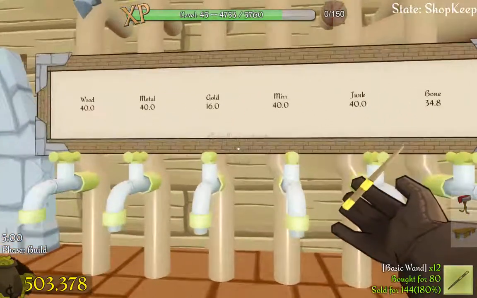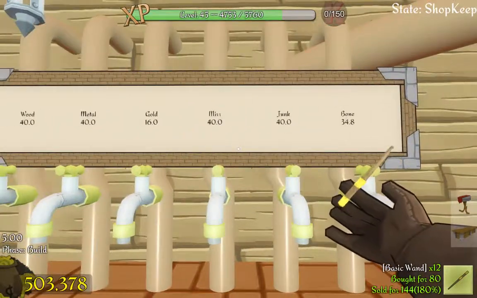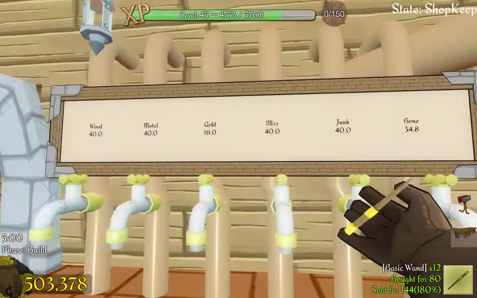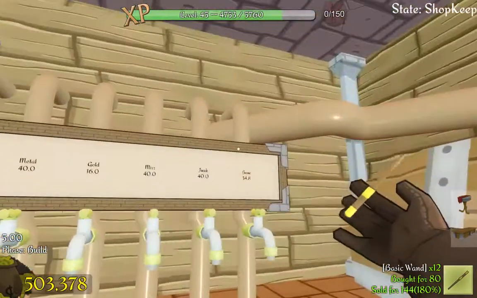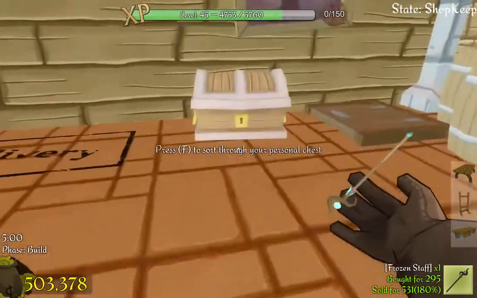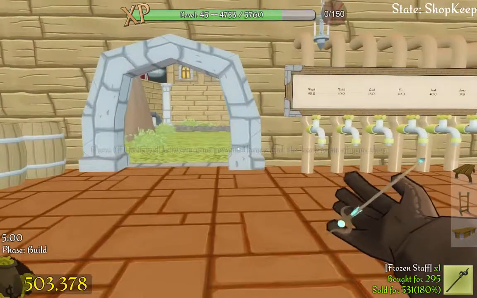How are we looking now? 40 myrrh, 16 gold, 40 metal, 40 wood. I have a strong feeling that 40 is the limit. I should have known about that, because I feel like I wasted quite a few materials from not knowing that. Alright, but here's one thing that I need. Let's go in here and grab out one of these. And then...